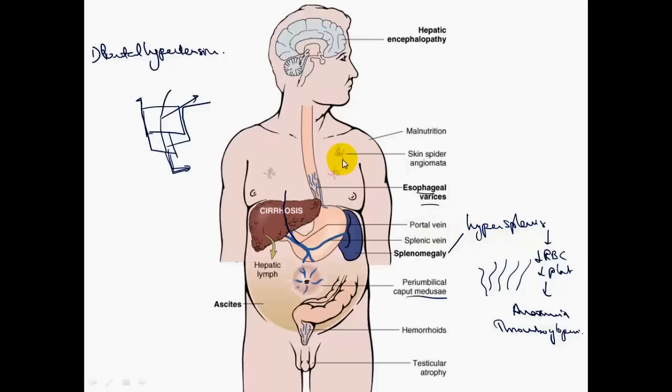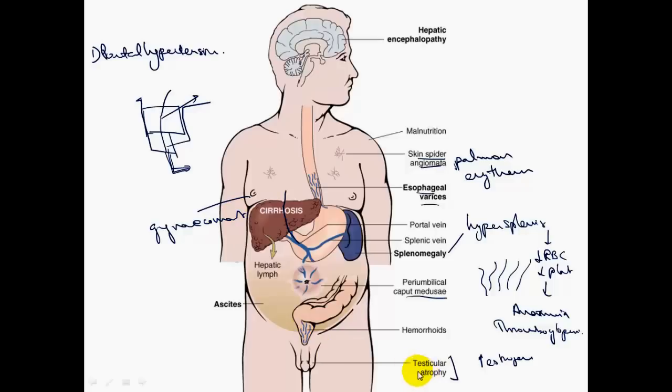These individuals are going to have something called palmar erythema, spider angiomas. All these are because of increased vascularization. They are also going to have testicular atrophy, because the liver is involved in the metabolism of estrogen, and it keeps a nice balance of androgens and estrogens. So in patients suffering from cirrhosis, the function of the liver is disturbed, and there is going to be an increased amount of estrogen, which is going to lead to hyperestrogenemia. So these individuals may have gynecomastia. If it's a male, he will have gynecomastia,